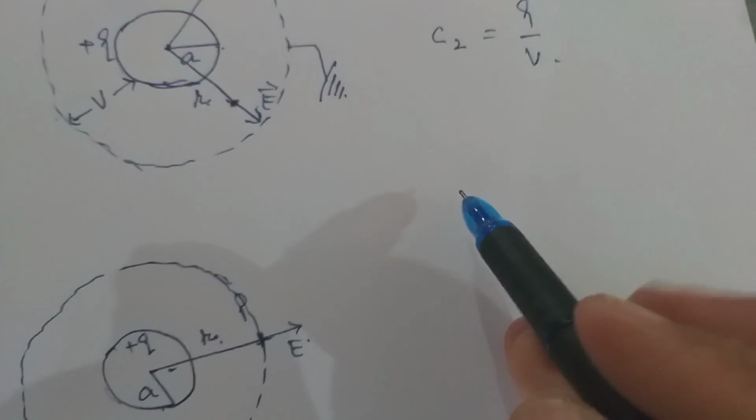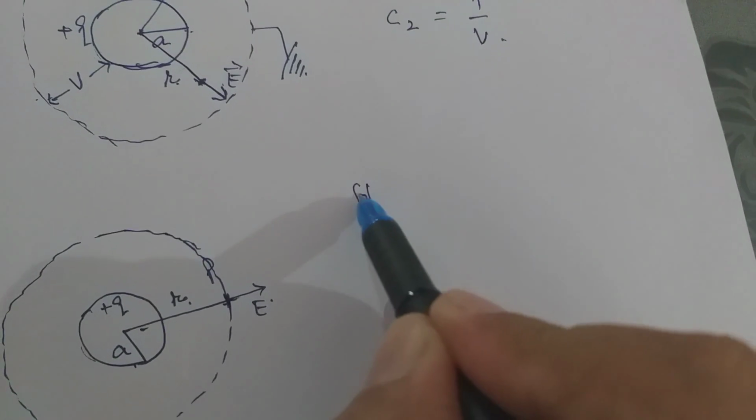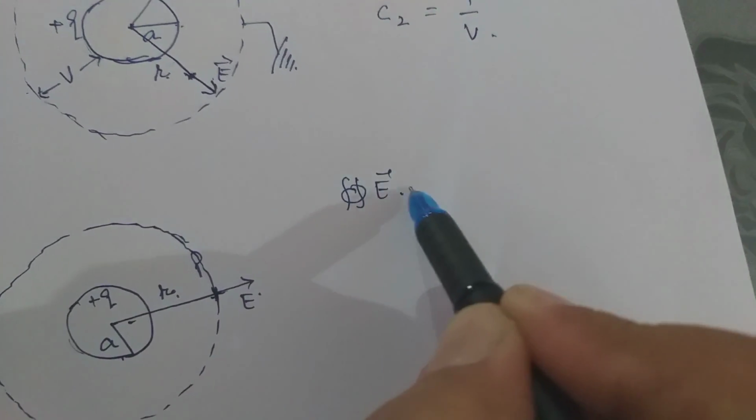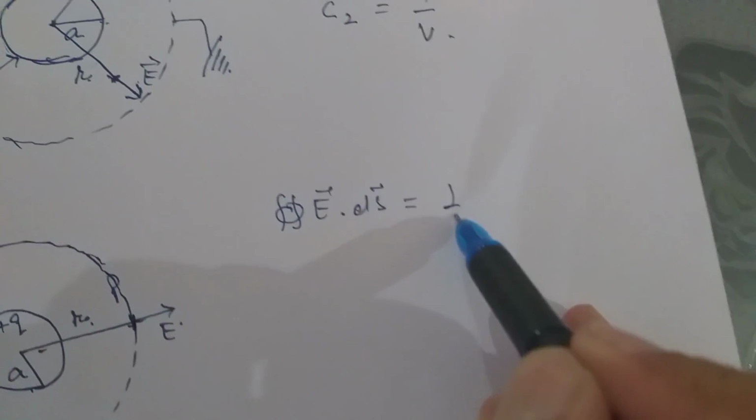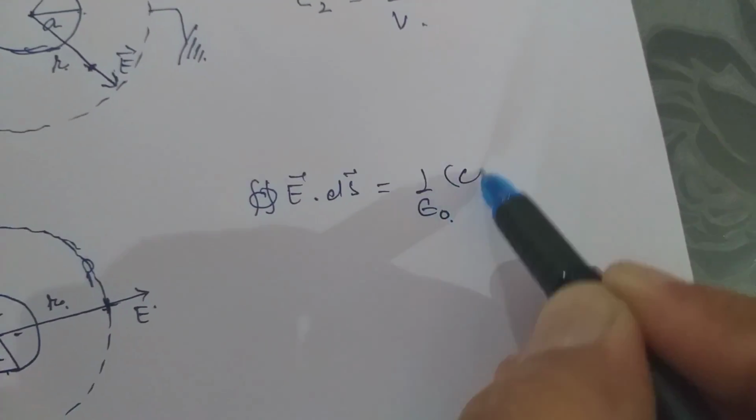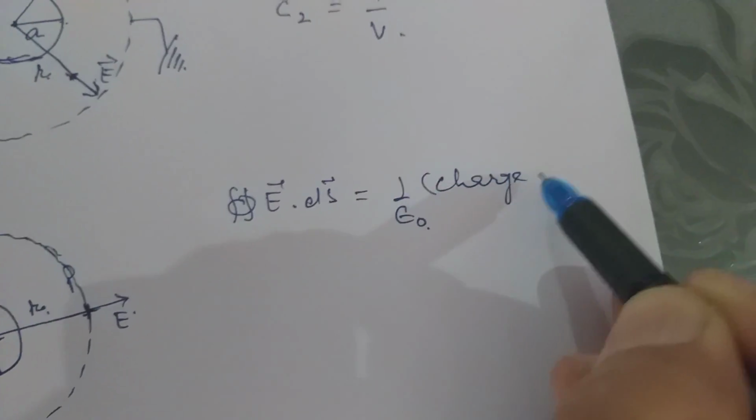Then by Gauss's theorem, the surface integral of E dot ds is equal to 1 over epsilon naught times the charge enclosed